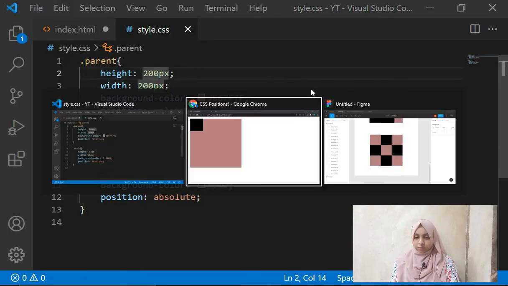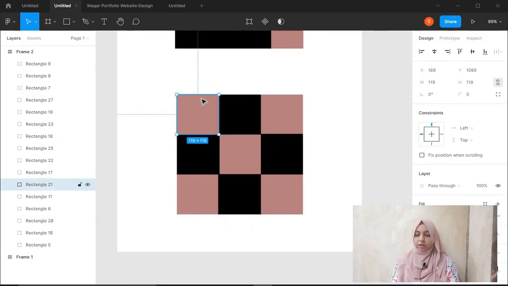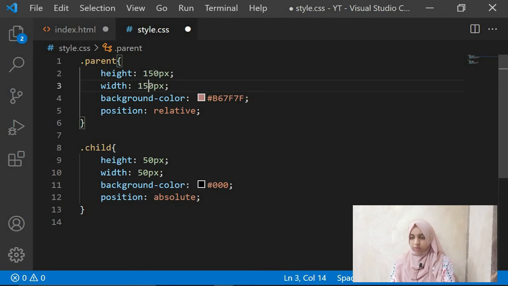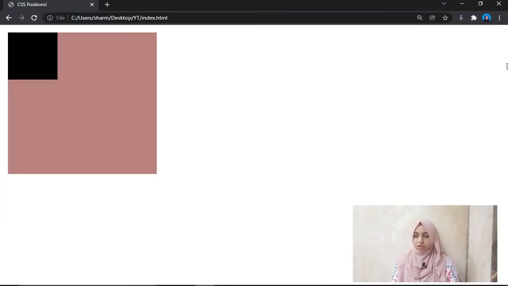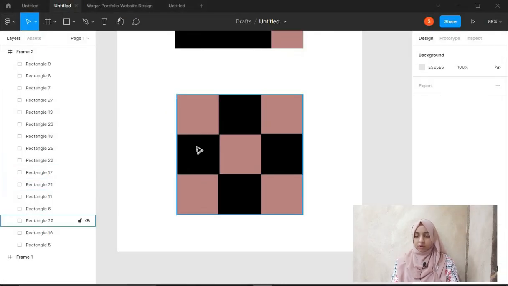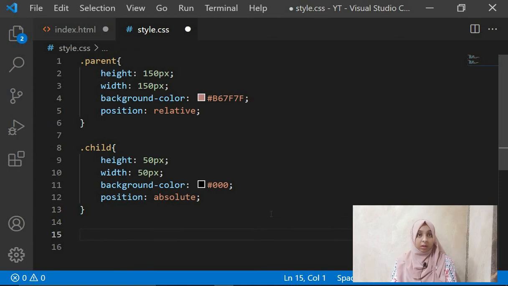Now let's first see, we have 3 divs, right? So if they are 50, this will be 50, 50 and 50, so it will be 150 by 150. So let's make this 150 by 150, and you refresh. Can you see? Now what we have over here is, it is 50 pixels from the top, this one is 50 pixels from the left, this is 100 pixels from the left, and this is again 50 pixels from the left, and 0 from the bottom, right? So these many hints are enough. Pause the video, go try the example, and you will be good to go.